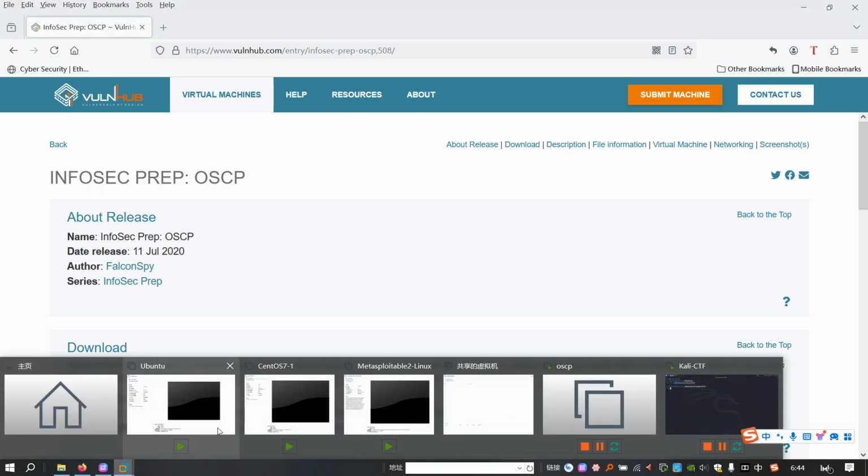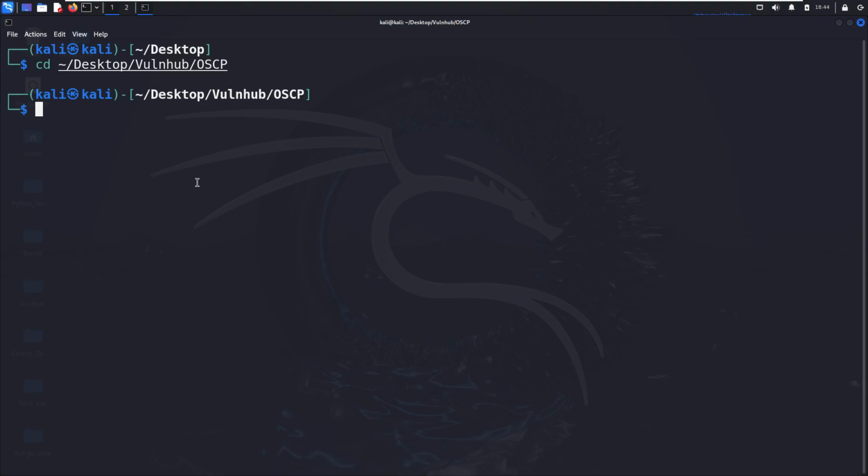We can switch over to the Kali Linux VM. First of all, we need to discover the IP address of the target. The utility I'd like to use, as always, would be netdiscover. As you can see, I use the option -i to specify the interface.